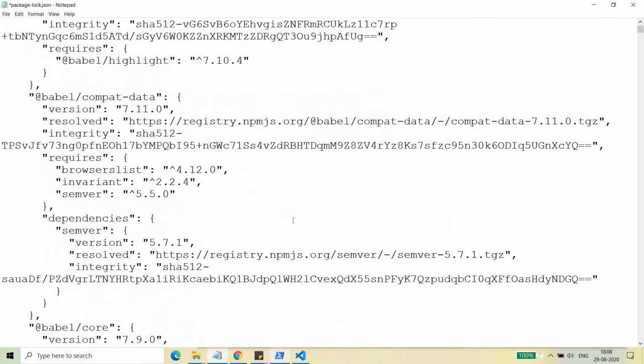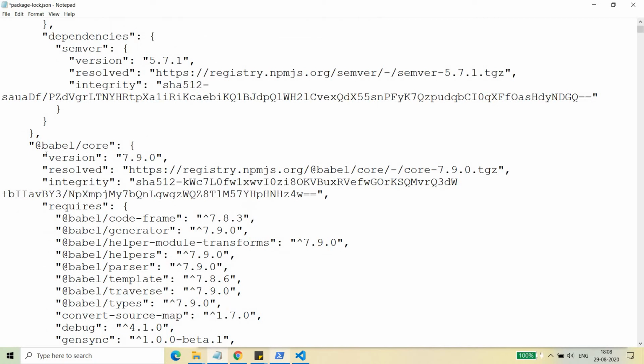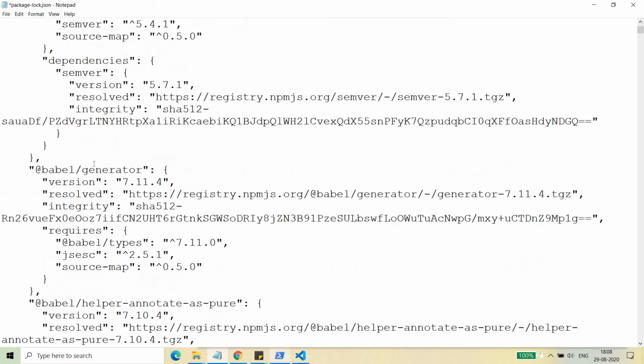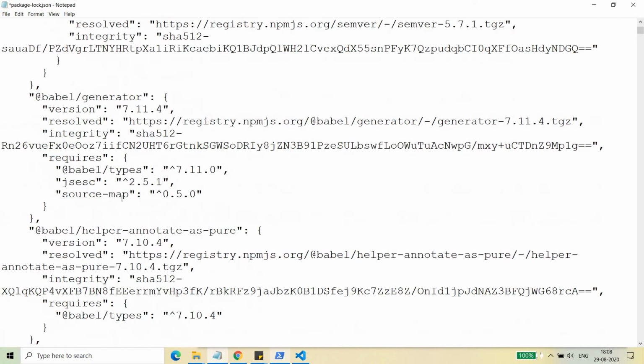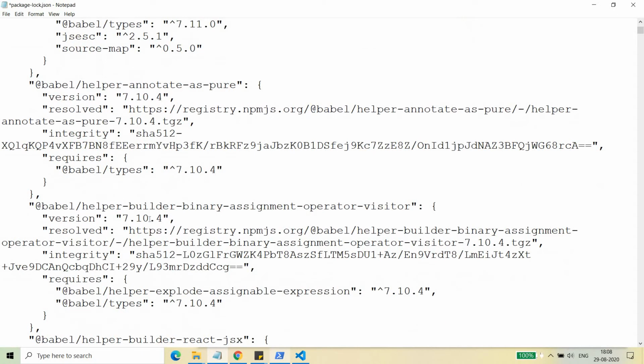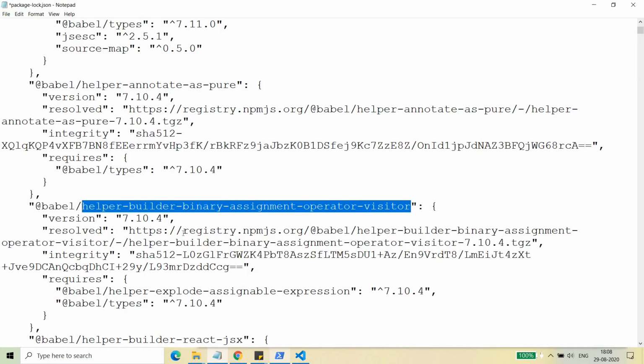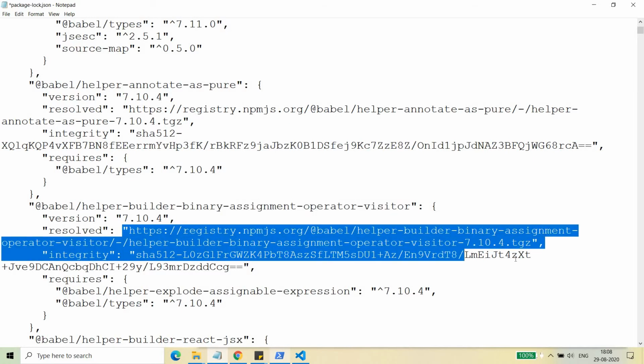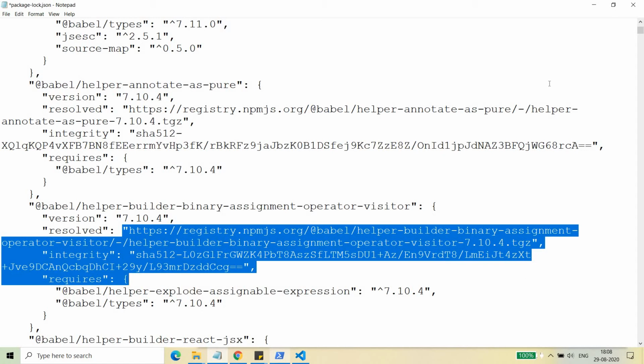So this is all about version management, and you can see all the Babel and all the libraries that are needed, their name and their path has been given, like from where this library will be resolved, that particular URL has been given here, right? So all these things will be updated here.